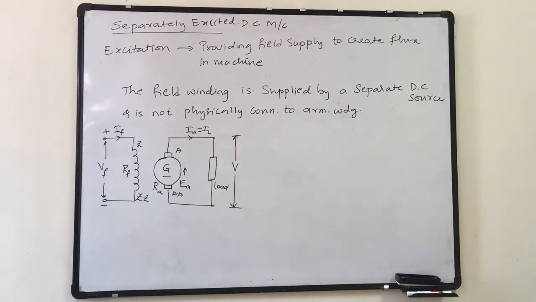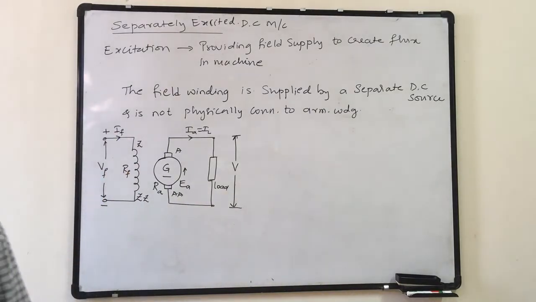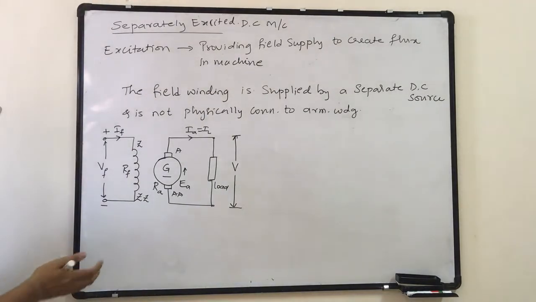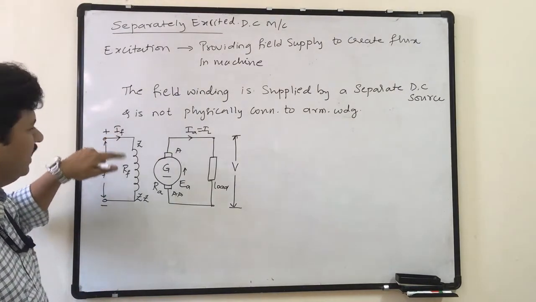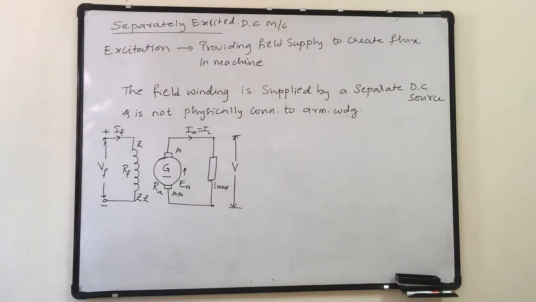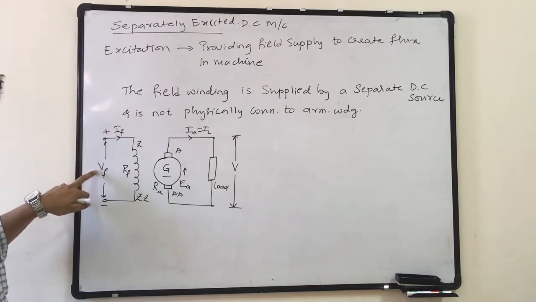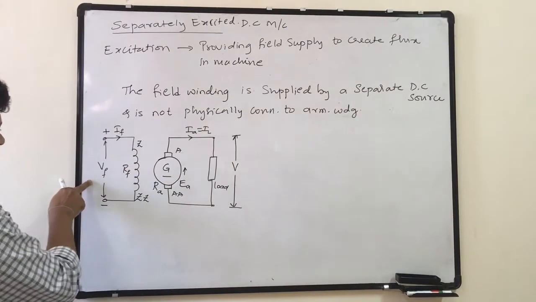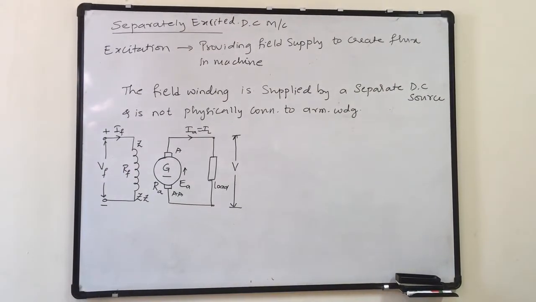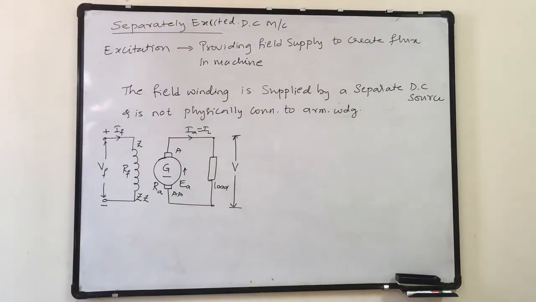Okay. So the values of VF, IF and RF depend completely upon what amount of flux I need. The amount of flux I need will be known. Then to get that amount of flux, I should find the required amount of current. Then depending upon the required current, I can supply the voltage based on the resistance of this particular winding. So this is how we fix it. Here, separately excited machine means the field winding is separately supplied by the DC source of VF volts. The armature is connected separately to the load. So there is no physical contact or connection between the armature and the field.